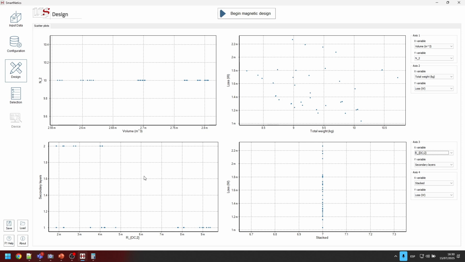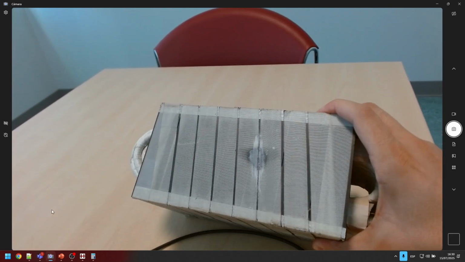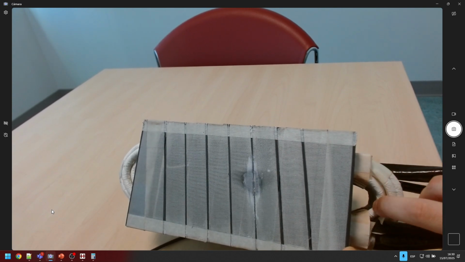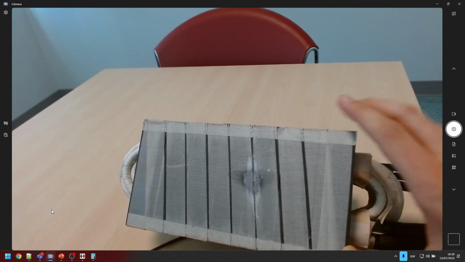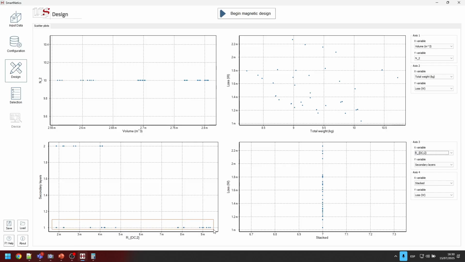So now that we have this information, we can start filtering out the devices that really resemble the one we have on our tape. We only have one layer for the secondary. I will show once again what I'm referring to. So the secondary is the one that is inside. We know that there's a single layer of secondary, okay? Because there's a single wire in here. They don't grow horizontally. So this is the reason I'm only taking the ones with a single layer.